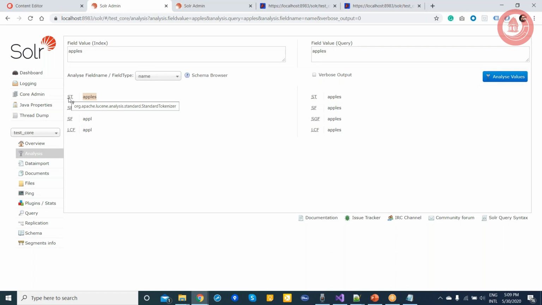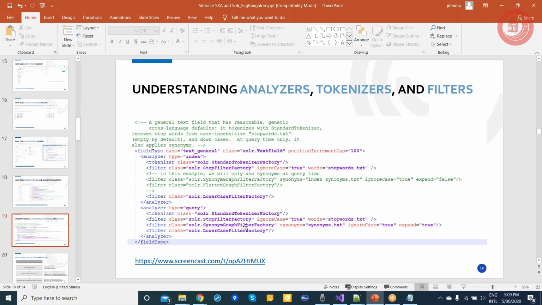Let's say this is for the standard tokenizer, this one is snowball, this is the stop filter. So this will take care of stopping the words, and this is a lowercase filter. So if I pass this apple, let's say in uppercase, it will just convert it to lowercase. So that's how the tokenizer, filters, and this analyzer work.